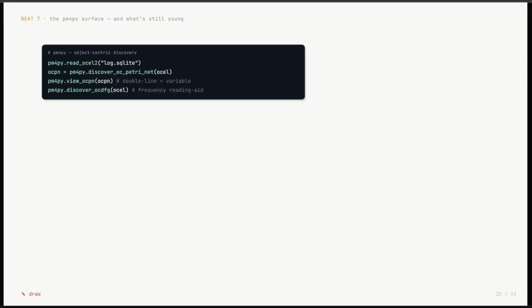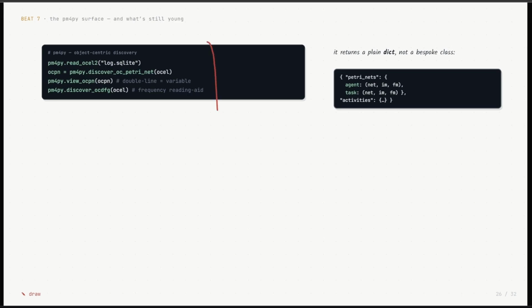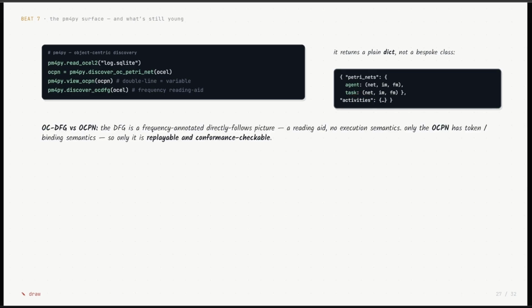Now, let's look a little bit at PM4Py code. So frankly, I just realized that the more code assistants are improving, the less it is useful to explain to you what each of these functions mean, but you can just read them and they will give you an idea about what each of these do. And here the discover Object-Centric Petri net will give you basically a dictionary. Here you have an agent and you have a task. And one thing to remember,